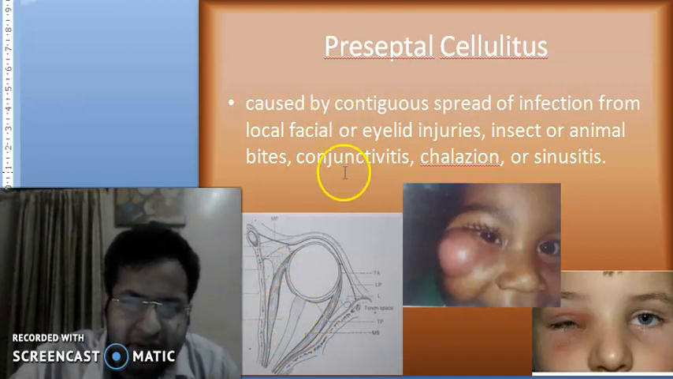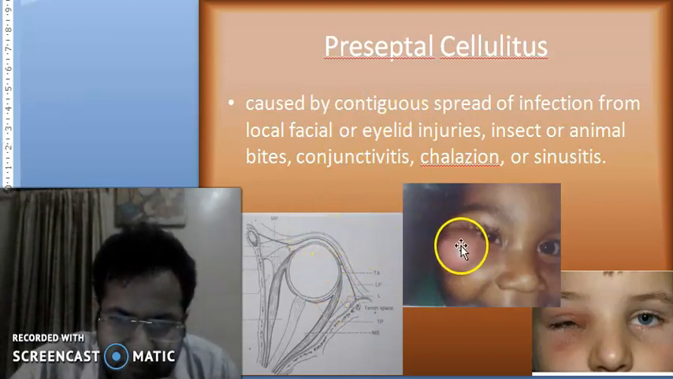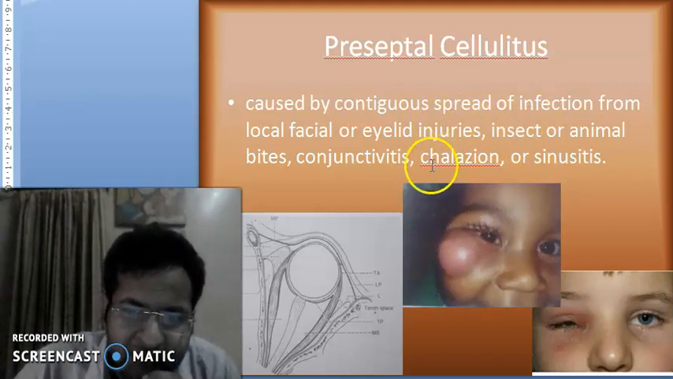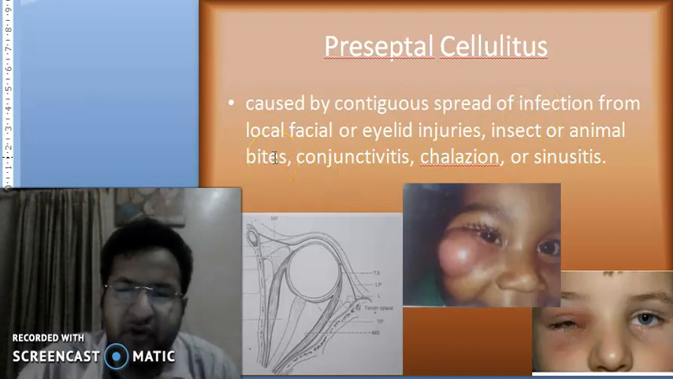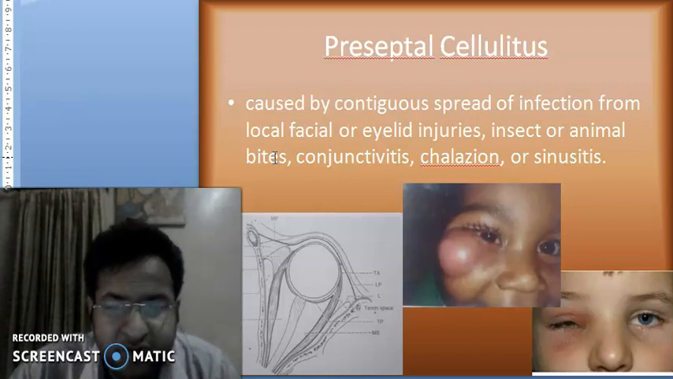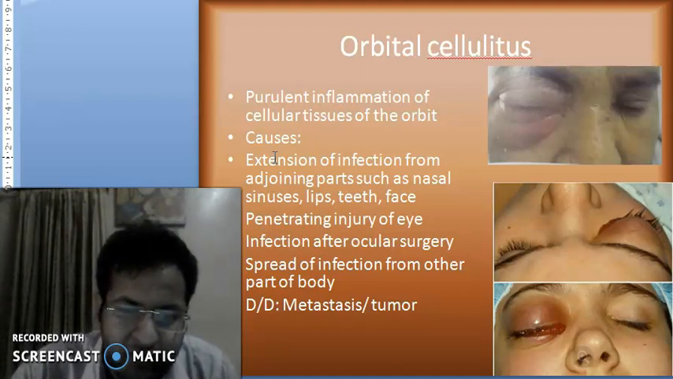The preseptal cellulitis, that is the part anterior to the orbital septum, is caused by the continuous spread of infection from local facial or eyelid injuries, insect or animal bites, conjunctivitis, chalazion or sinusitis. The orbital cellulitis, that is the inflammation posterior to the orbital septum, is caused by the extension of